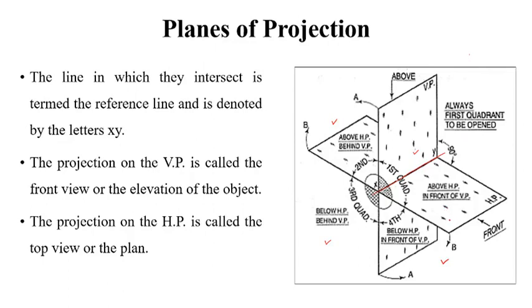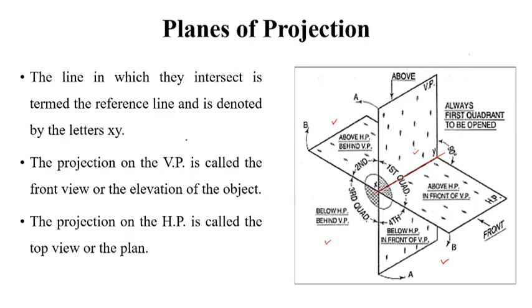Now what we have to do? You have to rotate the plane. On rotating the plane, as I have already told, the vertical plane is kept stationary and the horizontal plane moves by 90 degrees. So what happens? We have the front view in the vertical plane. Our top view, what will happen? Since the object is in the first quadrant, the top view will be placed in the horizontal plane. Then what do we do? The horizontal plane will rotate.